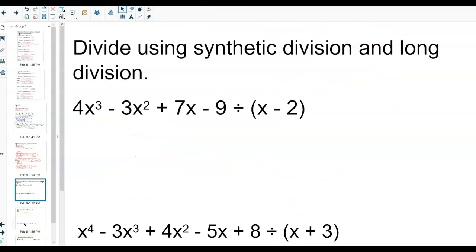Of our test, and that is synthetic division and long division. All right. So, a few things here. I can do my check first, actually, and that's what I'm going to do. I'm going to do the check first, just on the first one. What number would go in the box here if it was synthetic division? It would be 2. So if I plug 2 in,